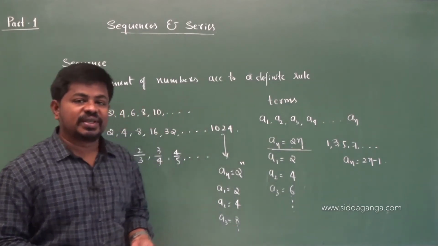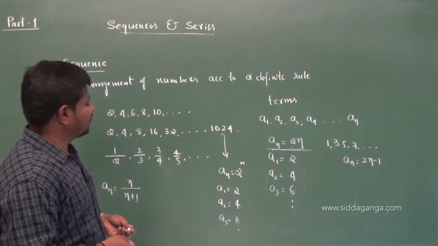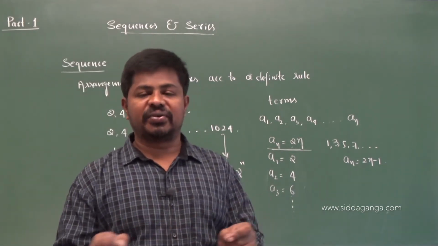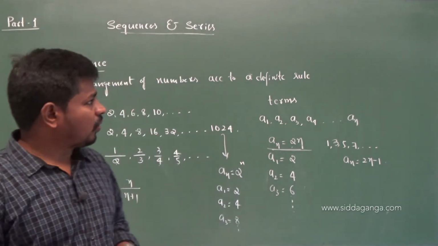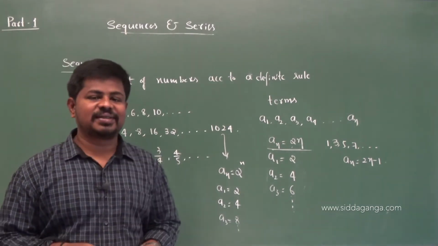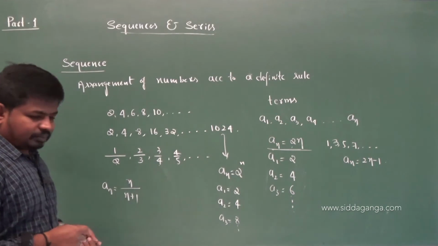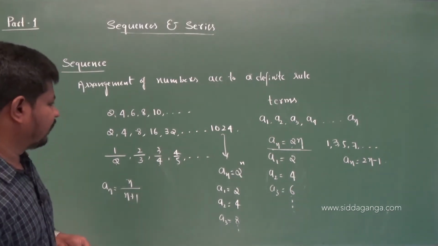This is about sequence. So what is a sequence? A sequence is nothing but an arrangement of numbers according to some definite rule. That's it. Or an ordered arrangement of numbers we call a sequence. Now, in some cases, for example,